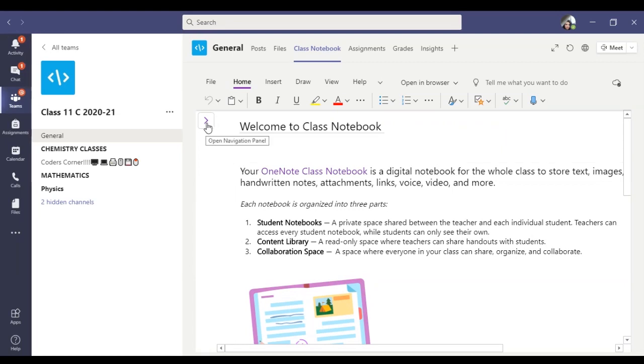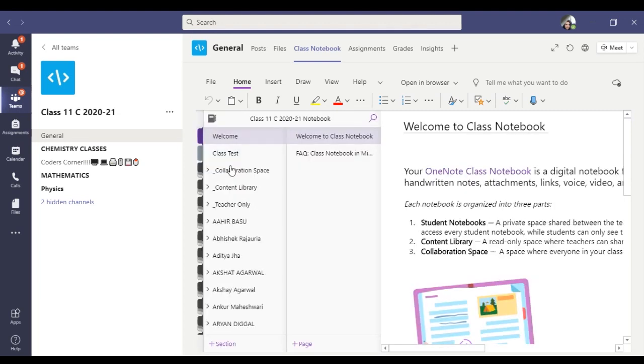Click here on this navigation pane to see various sections. We have one collaboration space, content library, as I told you, and this is the teacher only section, and all these are pages, sections for each and every student, and each student has various sections: handouts, quizzes, class notebooks, and homework.